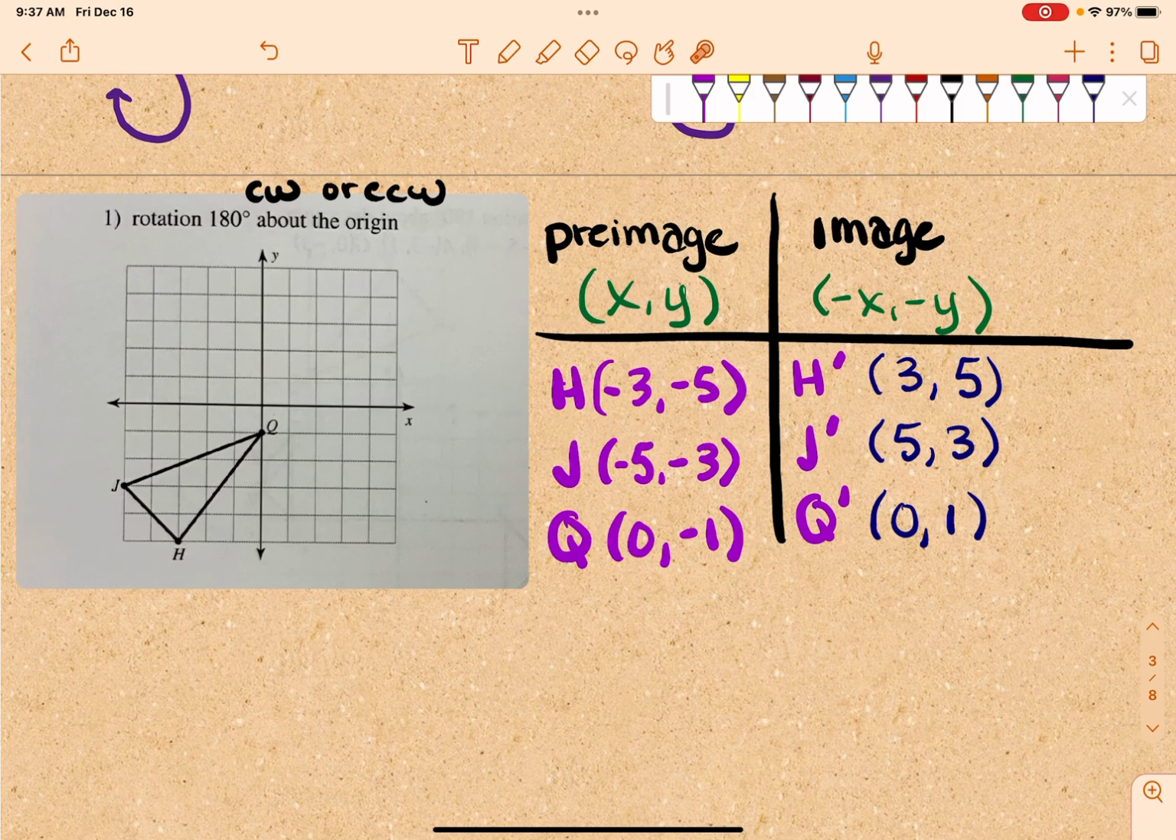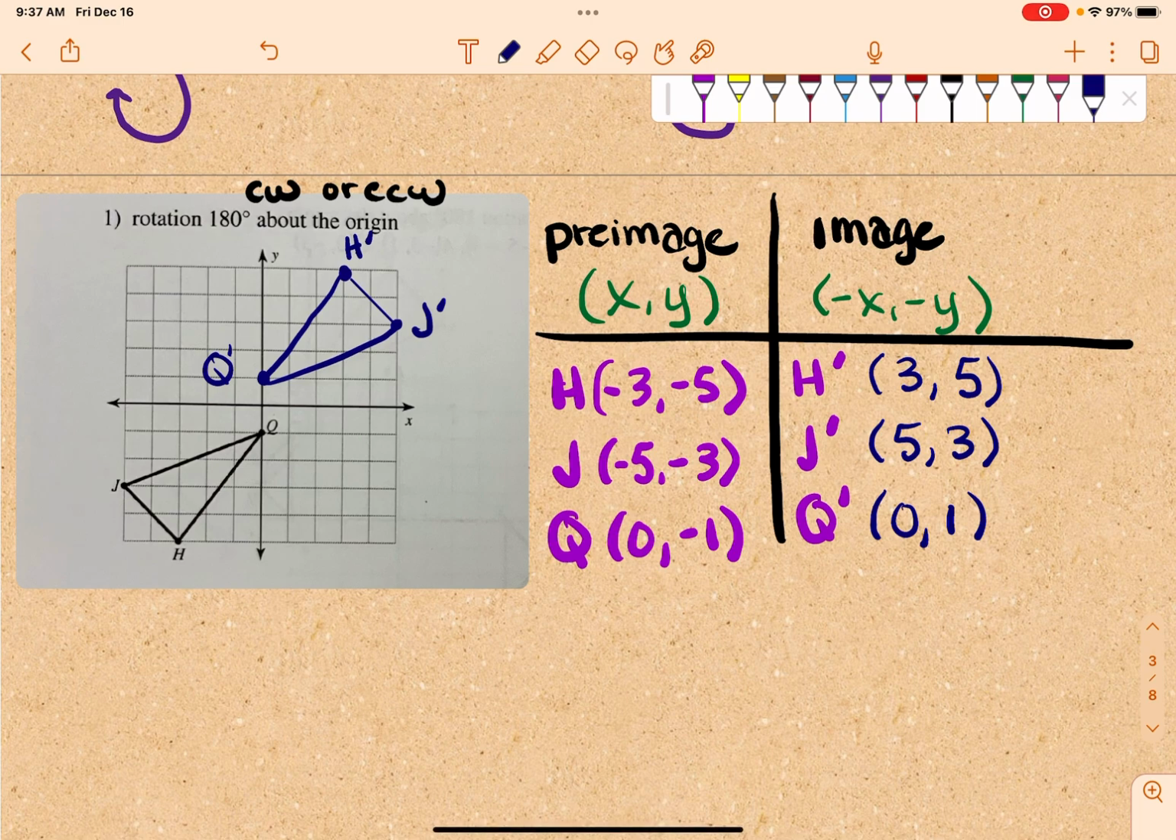So if I start out here, I go over 3 and I go up 5, so it's going to be right up there. And that's going to be H prime. Okay, then I'm going to go to this one, so 5, 3. So over 5, up 3. That's going to be J prime. And for Q, it's 0, 1, so that's going to go right there. And then you go ahead